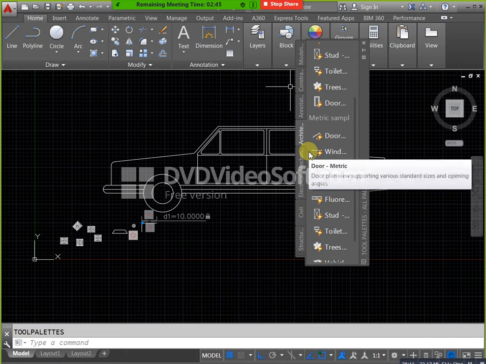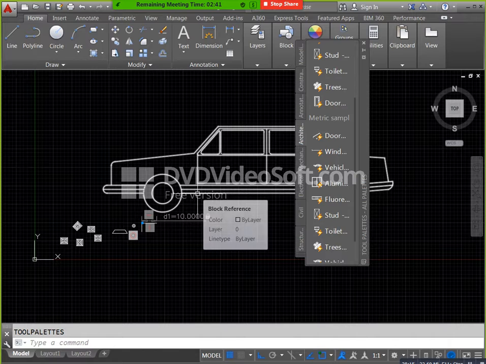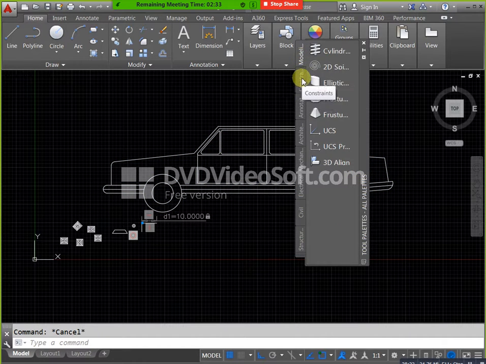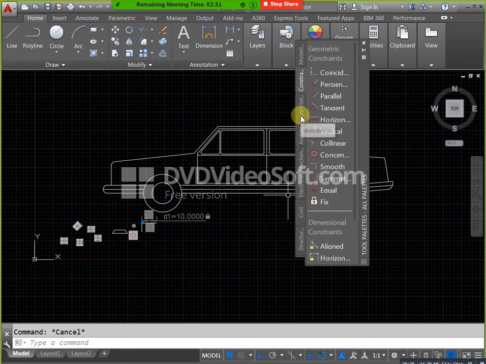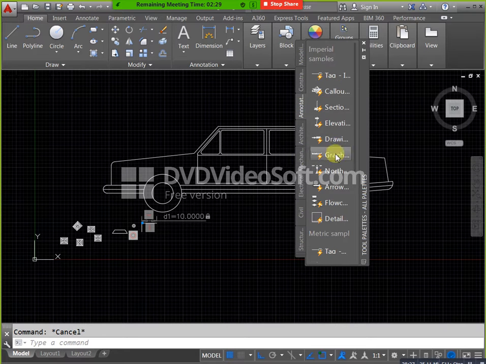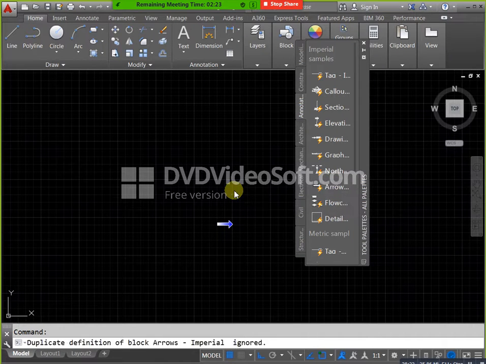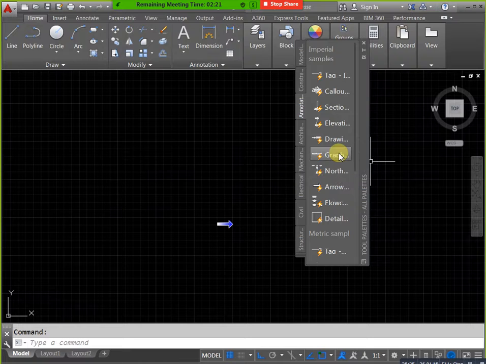Next one is architecture. If you need doors, windows, trees, you can use this one. Mechanical, if you need bearings or hexagonal nuts, you can use them like this directly, hexagonal bolt we have by default. If you need to change anything, the same drop downs we have and you can change like that. If you need electrical, these all are electrical symbols. Push button, if you need a push button symbol, you can use it and place it. This is our push button.